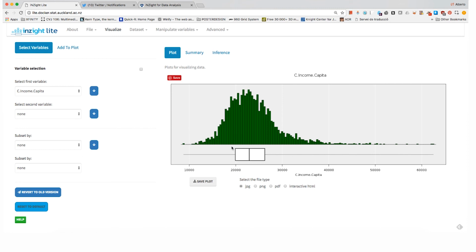If we divide 3,000 by 4, 750 counties will be below this line. 750 counties will be between the first quartile and the second quartile, which is the median. Another 750 counties are here, between the second quartile and the third quartile. And then the upper 25% of counties, meaning the upper 750 counties, are between the third quartile and the highest value of the distribution.